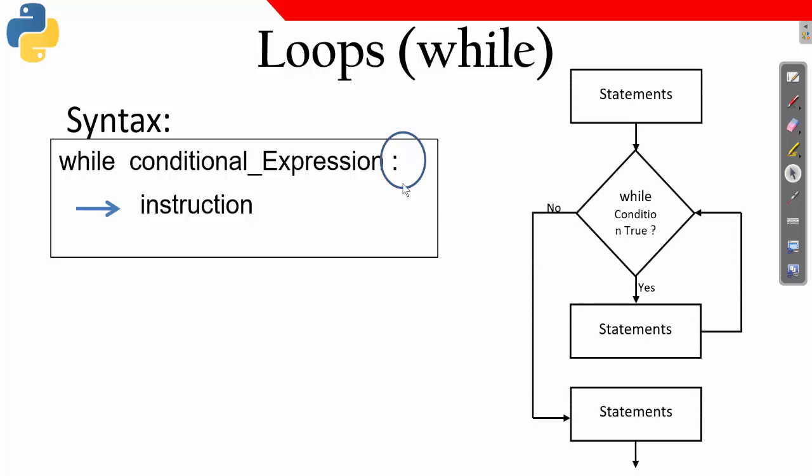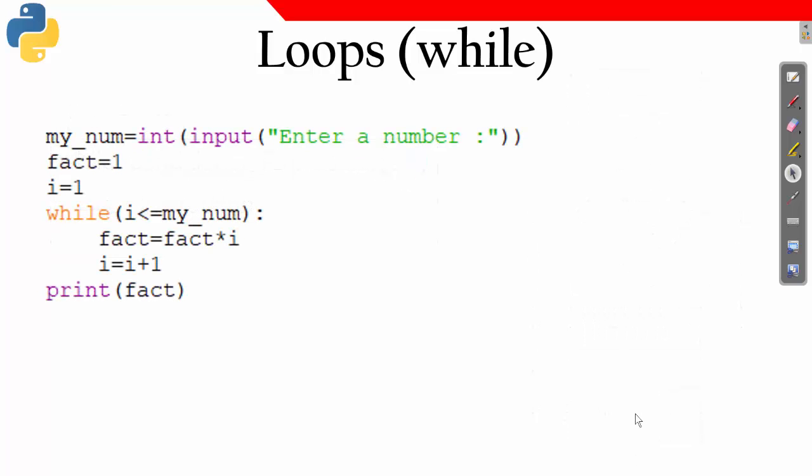Now how will it work? We have a statement, and we are taking a while condition. As long as the condition is true, it will be executing the statement. Again it will go back, check the condition, come to the statement, and this looping will continue as long as the condition is true. Once the condition is false, it will come out of the loop and go to other statements and other work to do.